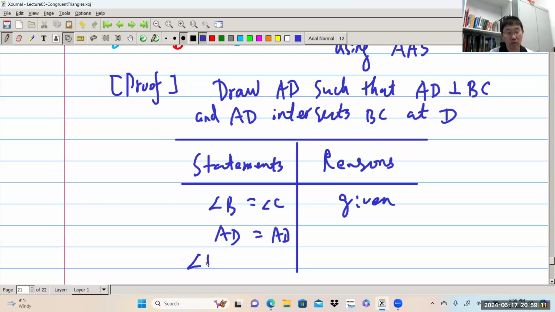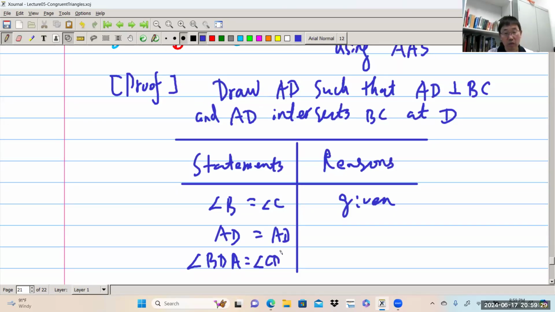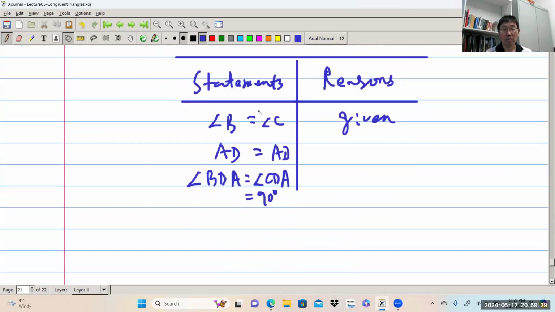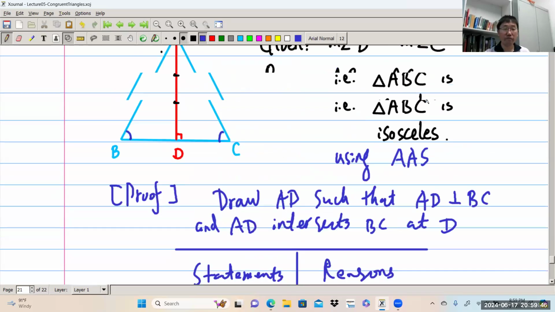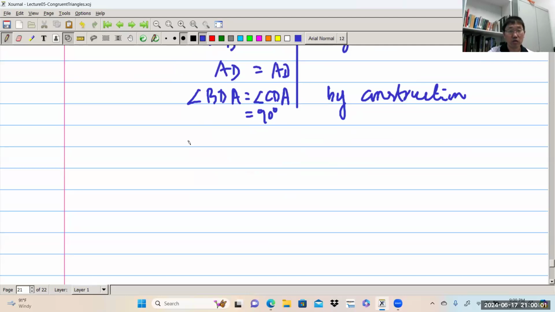So angle BDA equals angle CDA equals 90 degrees, because AD is a perpendicular line to BC, right? This is by construction. So now we have, see, AAS. Do you see that, AAS, right? By the AAS postulate, we can claim triangle ABD is congruent to triangle